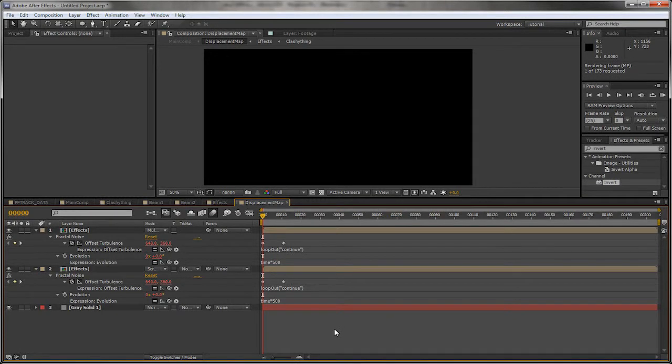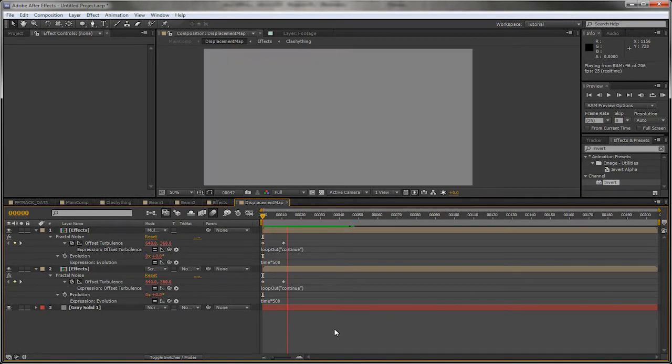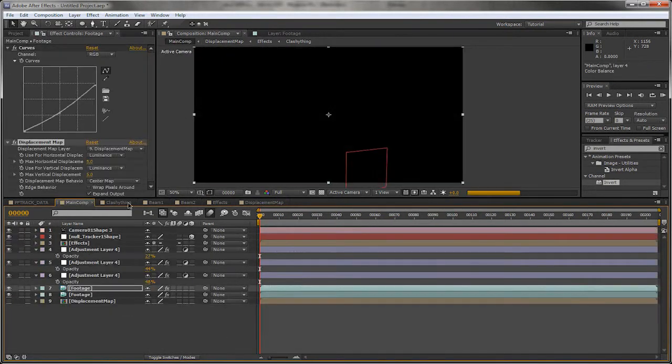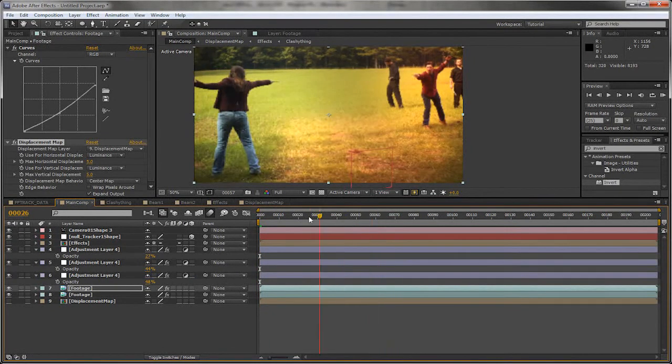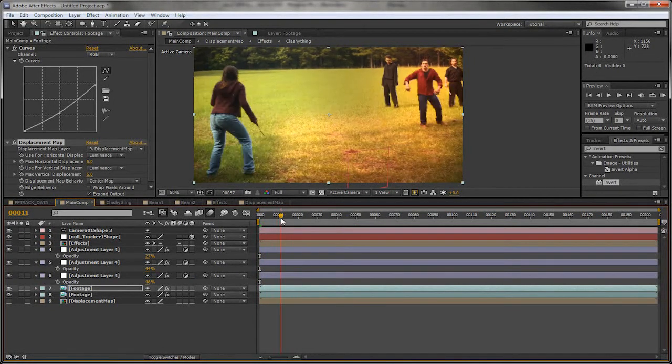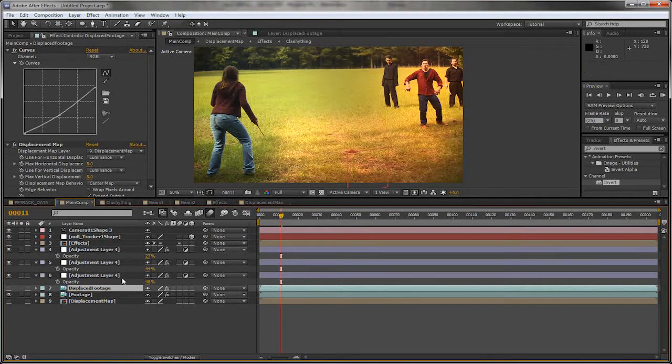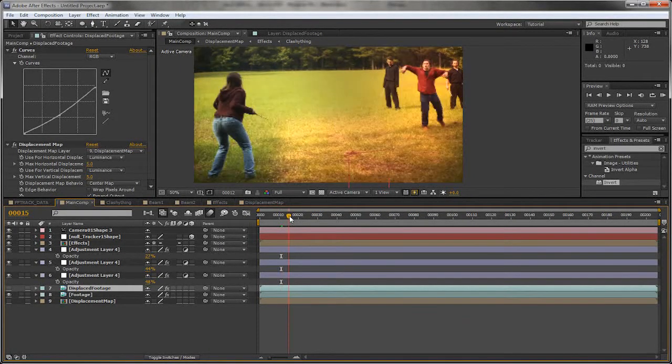And do a quick RAM preview to see how it animates. So that looks okay. Go back into main comp. And now all we need to do is animate our interactive lighting. So I'm just going to turn this footage off. That's our displaced footage. Let's name that. And find where our effects start,